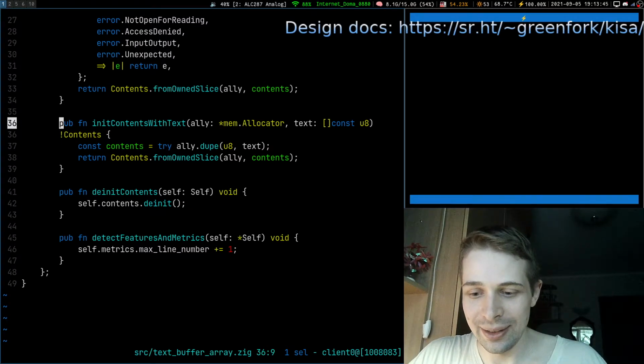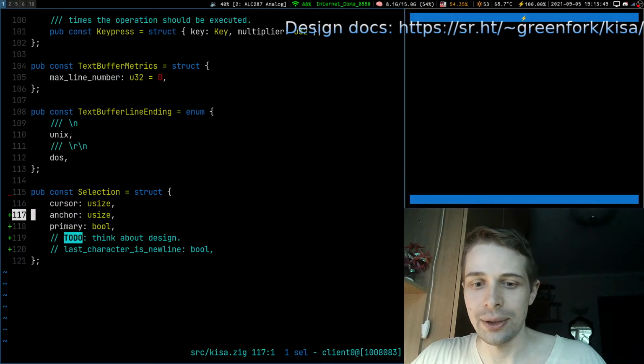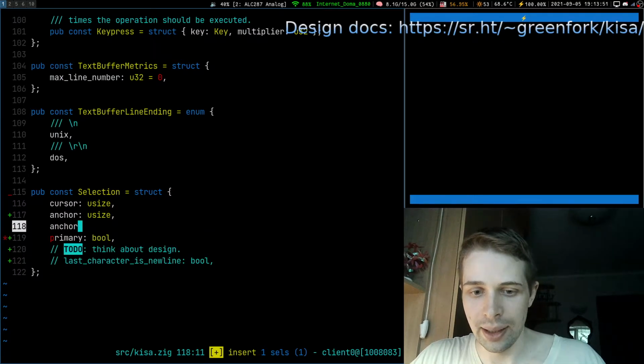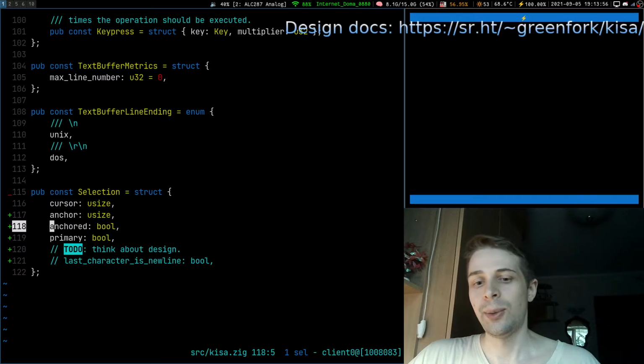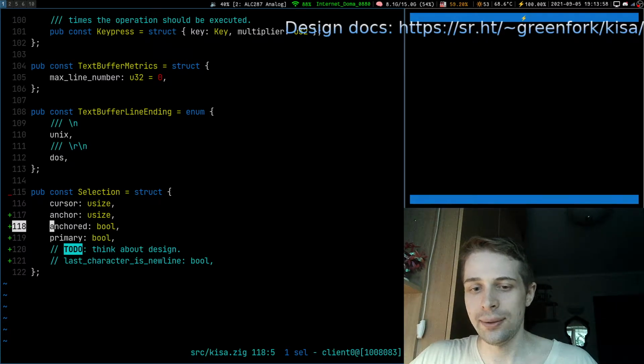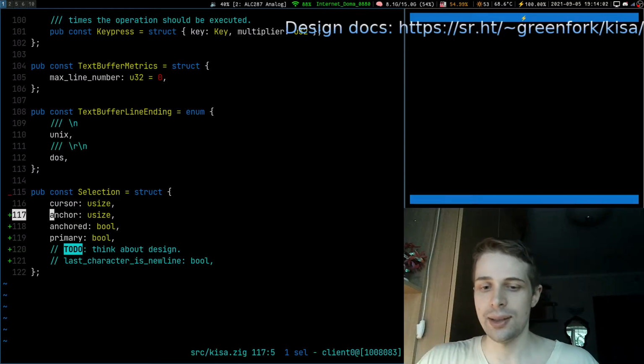Okay, while we are at it, I think we should also include here something like an anchored bool. So the idea is that when the editor starts, you have a selection where cursor and anchor are one and the same.